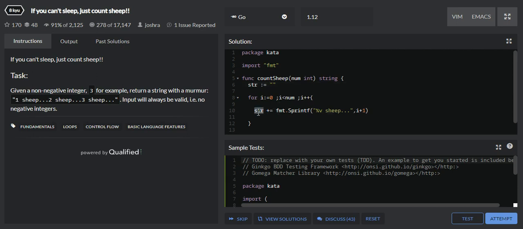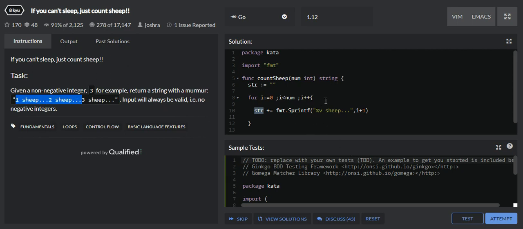Now str is holding 1 sheep. In the second occurrence i is 1, and 2 sheep will be generated from this function, and this will be added to whatever str already has. So str now has 1 sheep, and we are adding 2 sheep to it.